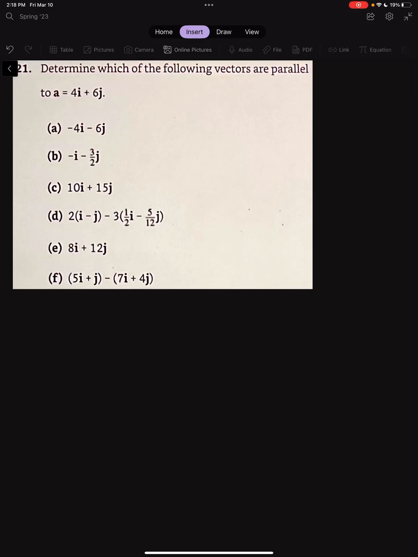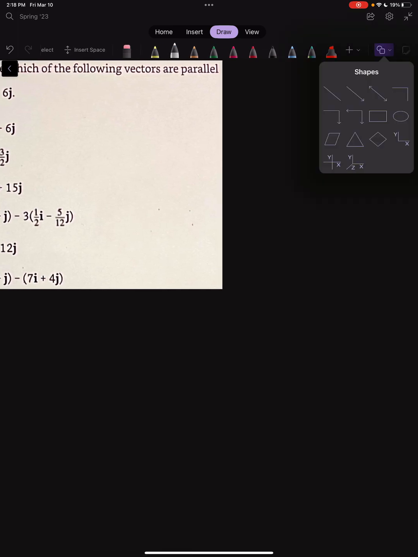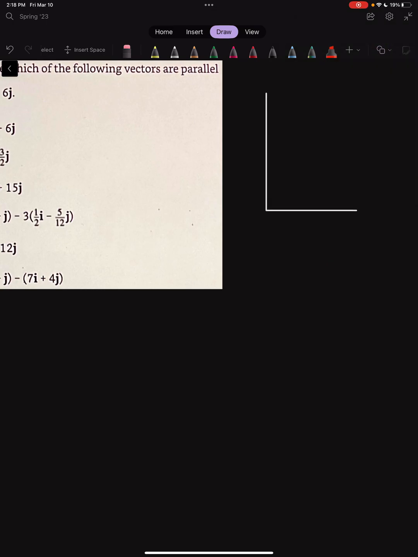Now we want to look at determining which of the following vectors are parallel. Okay, so let's see how we can do that. First of all, let's think about vectors in a different way. So let's think of a vector,